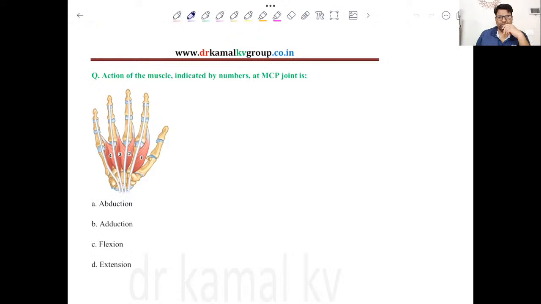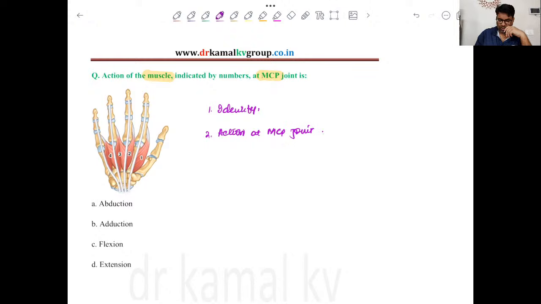Okay, so we will take NEET-PG PYQs of anatomy in today's session, and starting with the very first question, which was about the action of the muscle shown by the number, and what action they actually do at the metacarpophalangeal joint, right? Thank you, Shanawaz bhai. Right. So, firstly, you have to identify the muscle, and secondly, you have to mention the action at the MCP